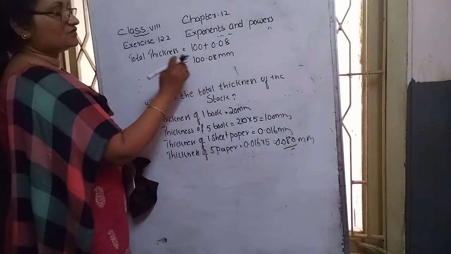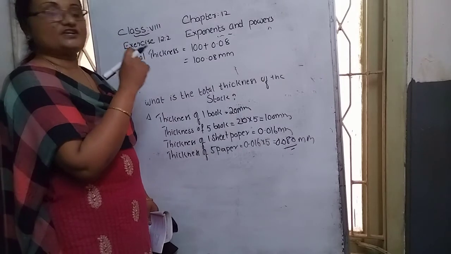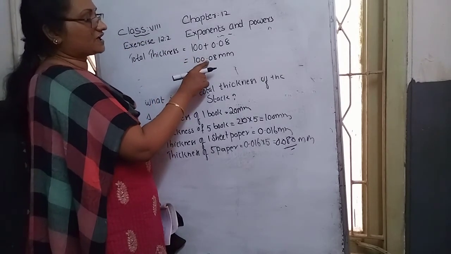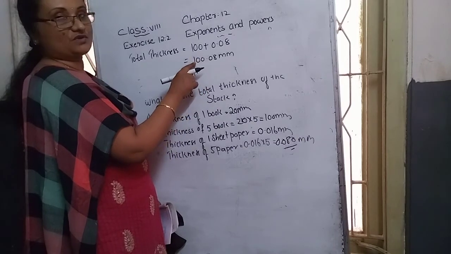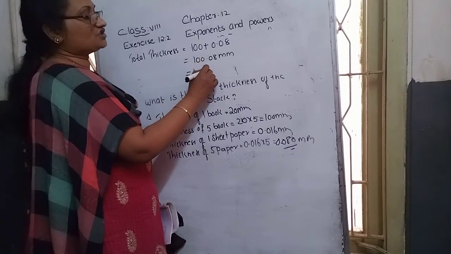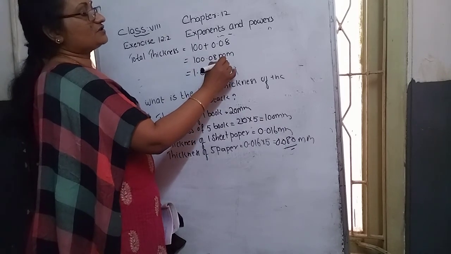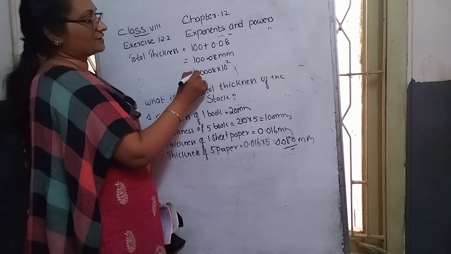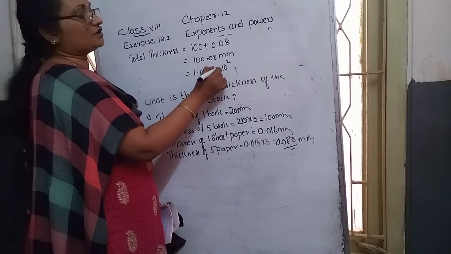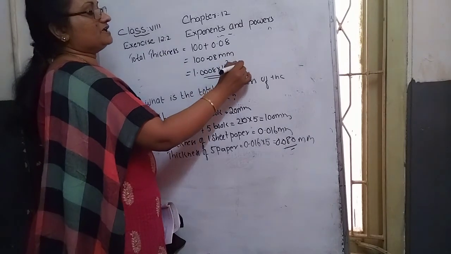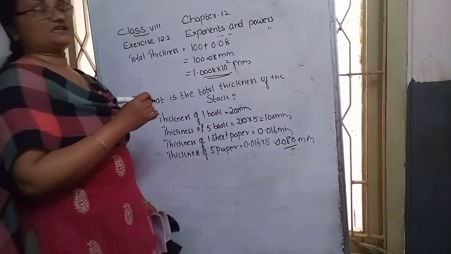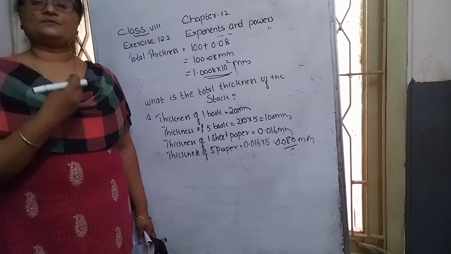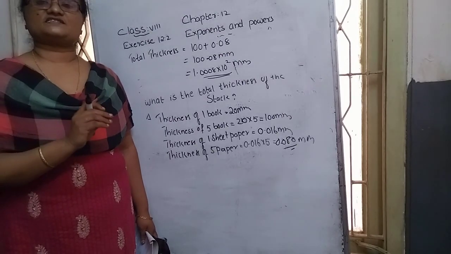Here, a decimal, standard form is asked. Standard form means we always take 1 digit only before the decimal. How many places do we move to reach that? 2 places, so into 10 power 2. So 1.008 into 10 power 2 millimeter is the total thickness. I hope you can understand. So this topic is completed. The remaining we can go through next class in another chapter. Thank you.